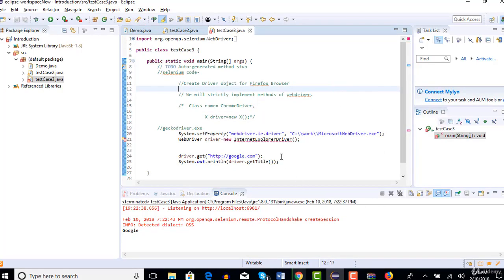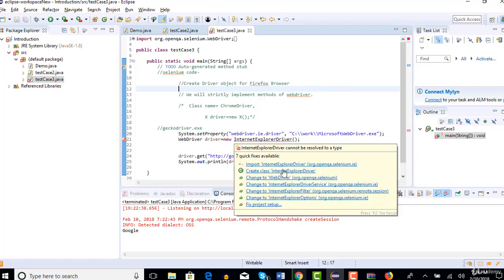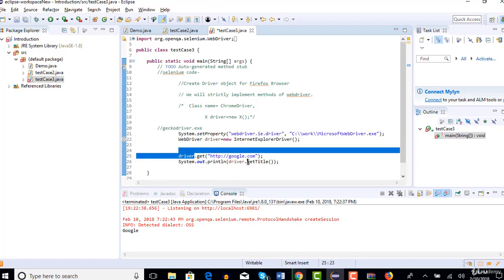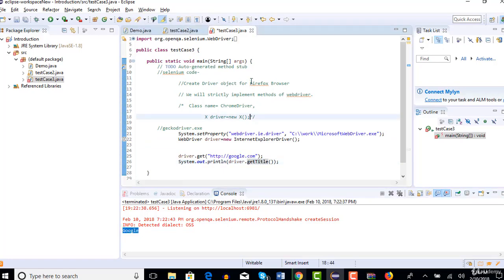Now you move your cursor on this because you need to import InternetExplorerDriver. That's it. Now you run this test, and the same google.com will be hit in the IE browser, because this step will invoke IE and thereafter hit this URL and print the title, Google.